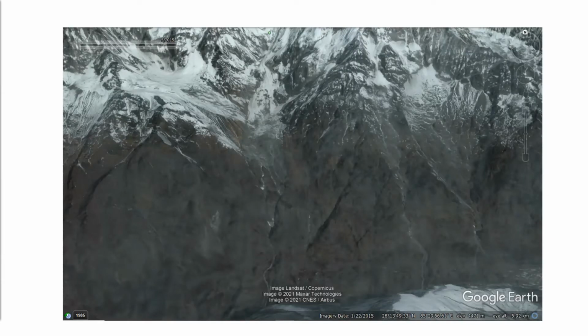This is a satellite image showing the northern side of Langtang Valley before the earthquake occurred. And there are two things I want to highlight in this image. First, which is quite hard to see, but is where this red dot is, there is actually a town called Langtang Town, which was home to several hundred people. The second thing I want to note is that above the town, where I've put these red dots, is a hanging glacier. So a glacier that is slightly overhanging the main part of the side of the valley.